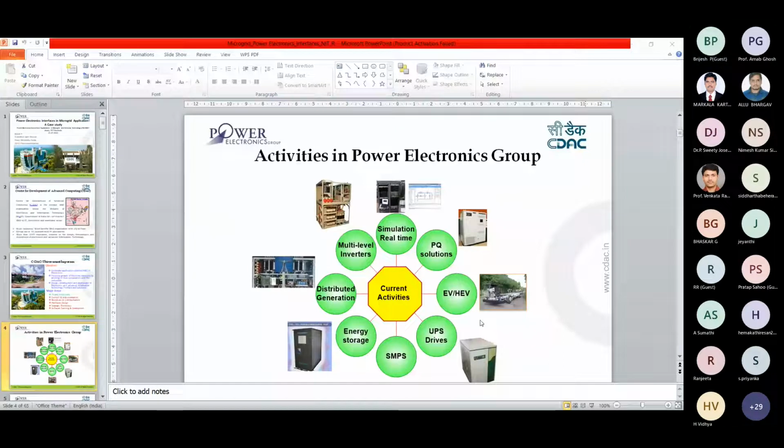You may be aware of the program NAMPET, National Mission on Power Electronics Technology. Currently, it is in phase 3. It is a Government of India initiative to strengthen the power electronics R&D in the country. So under the NAMPET, we are having so many sub projects. Microgrid is a domain in that area.